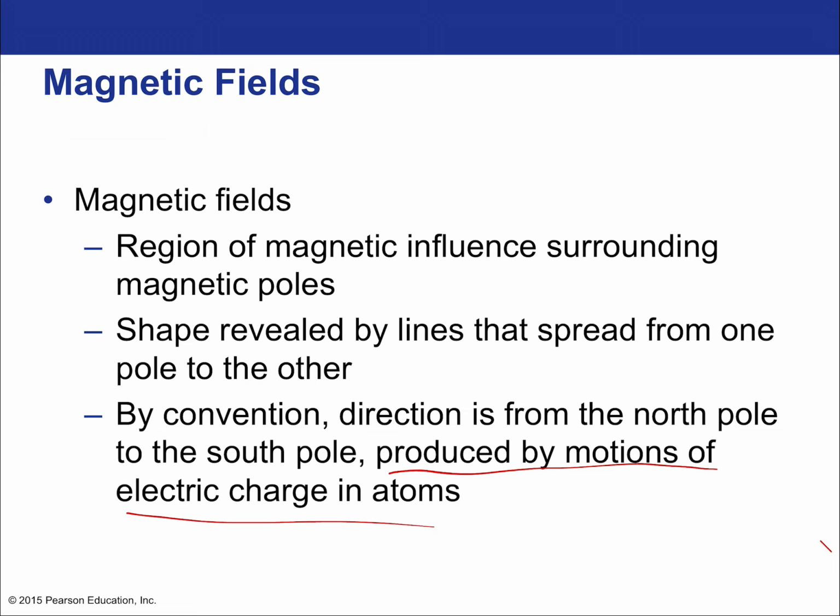But then, just like by convention, electric fields, and this is a good one, it's so easy to forget. Which way do electric fields point? Electric fields point in the direction that a positive charge would experience a force. So that means all electric fields point towards negative charges and away from positive charges. That's the convention. Similar convention, all magnetic fields point in the direction from the North Pole to the South Pole.